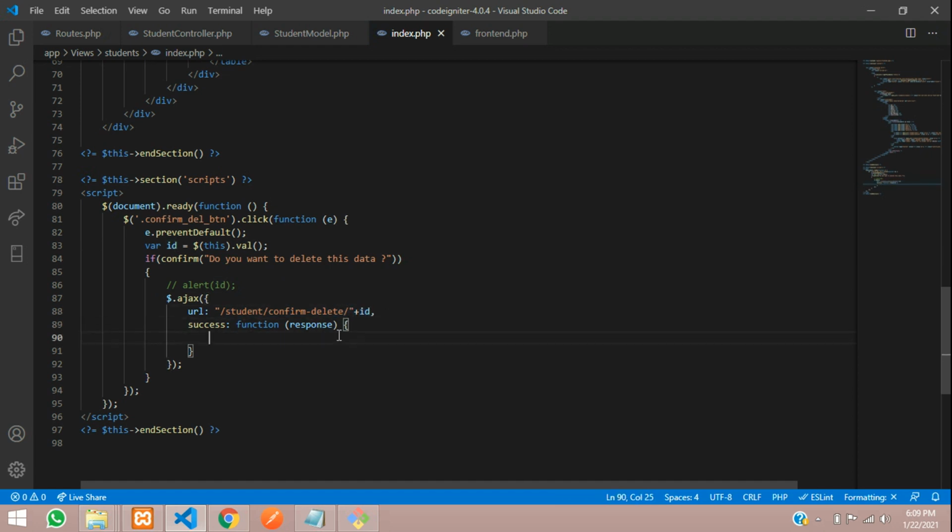So after success, I want the window to be reloaded. So window.location.reload function. Okay, and then after that if you want, you can give an alert, or else you can use your Bootstrap Alertify. If you want to see that, please, link is given in the description to how to set that Alertify in Bootstrap. Okay, so let's tell data deleted, done. And now guys, we have to create a route with this. So let's copy this with the ID and create a route.